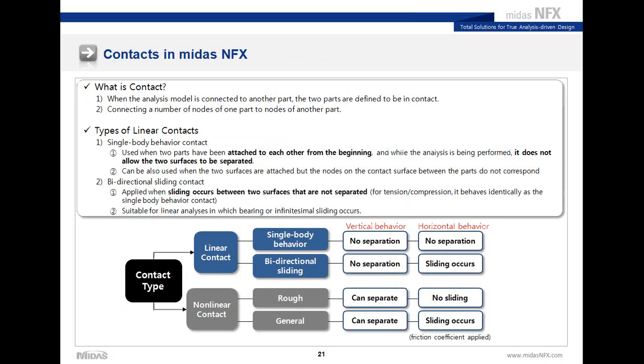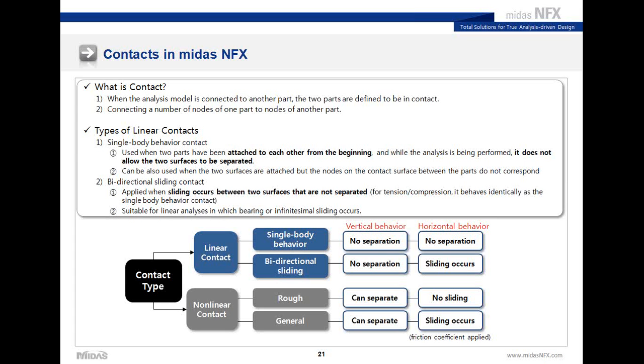And now we talk about contact. So in general, what is a contact? It is a way to transfer load between two separate mesh sets in contact. So if there are, let's say, different mesh sets and there is no nodal connectivity between those mesh sets, yet in physical phenomena the load transfer is taking place between those two bodies, so we need to assign the contact between them,